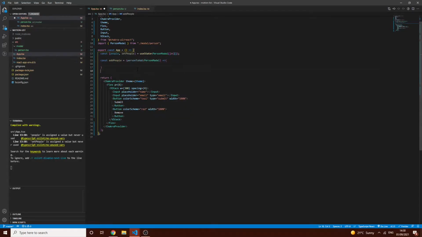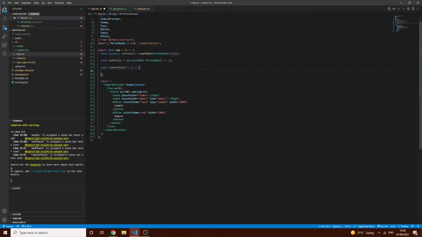And we are going to have another function called removePeople, which we're just going to remove the first element in the array for this example. So we won't need any parameters on this one. So to add people,